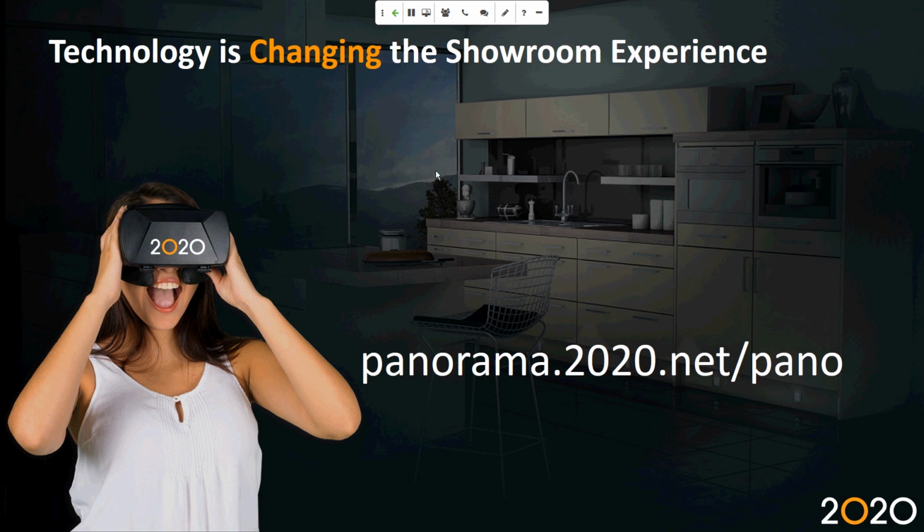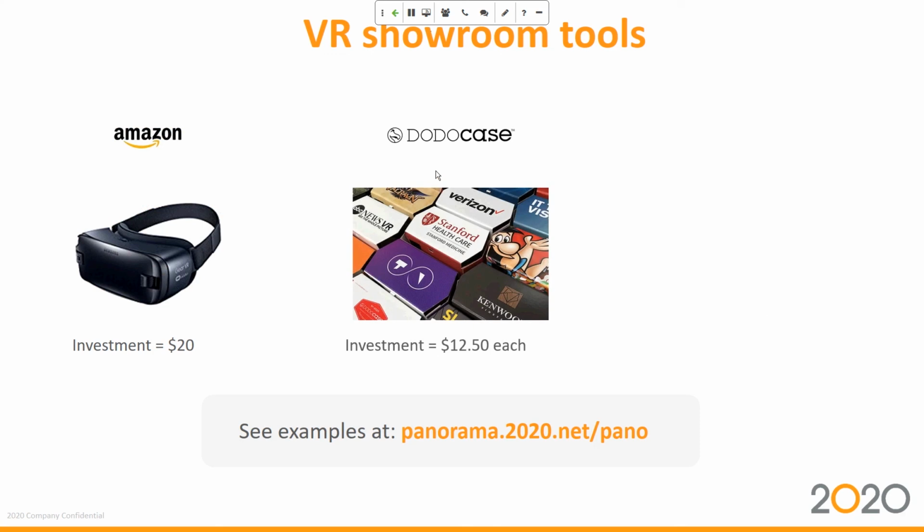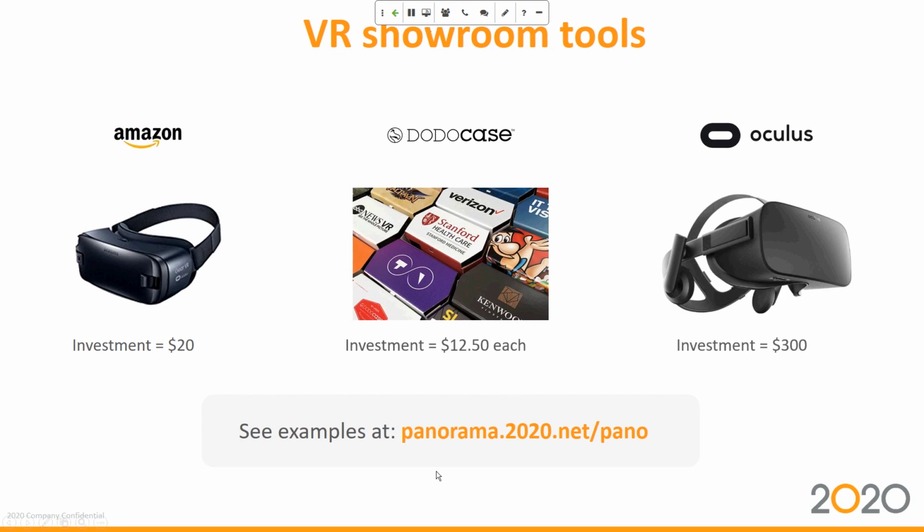Now, let me show you a couple of cool technology things that current users are using, and I still have the panorama description, or link, down here at the bottom. A lot of folks will take it to the next level. Our panoramas have the ability to be virtual reality. At the bottom of the screen on your phone, there will be a little pair of goggles. If you click on those, it will create a left eye, right eye experience, which means your customer can stand